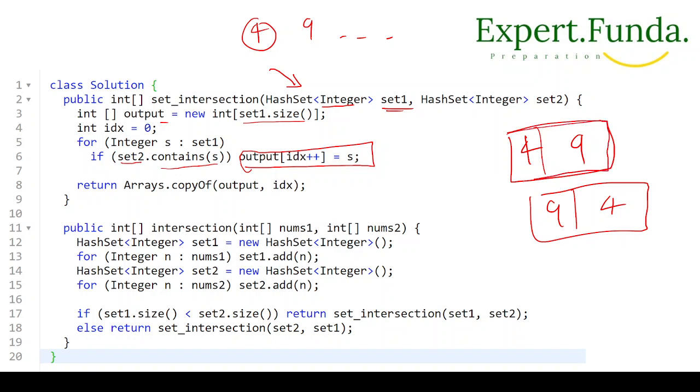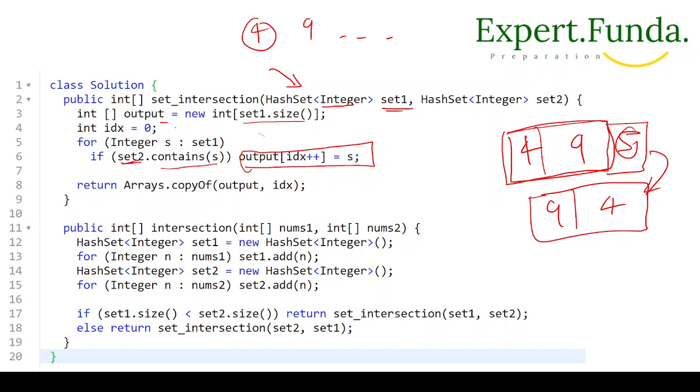Let's suppose this is a big set. On each element we move, get the element, and check the data in the other set. If there is a 5, one more element, no worry, we will check 5 also. That's why we are taking the first for loop, and if it is there, we'll add it